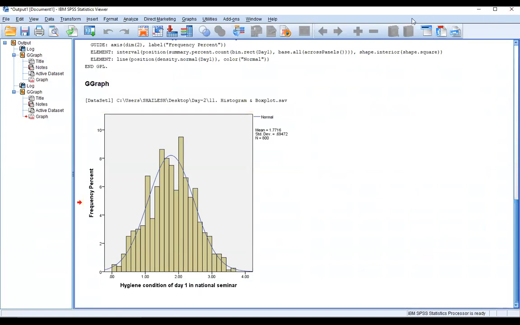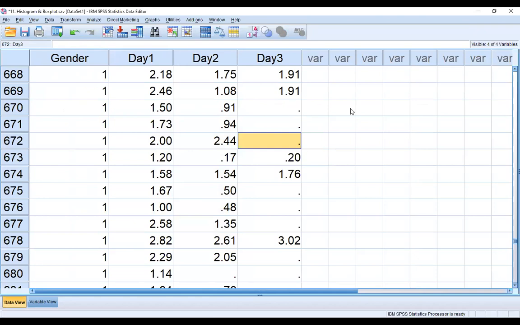The second is the box plot. I am creating the box plot also. How to create the box plot? Sharing my data again, I am creating the box plot now.